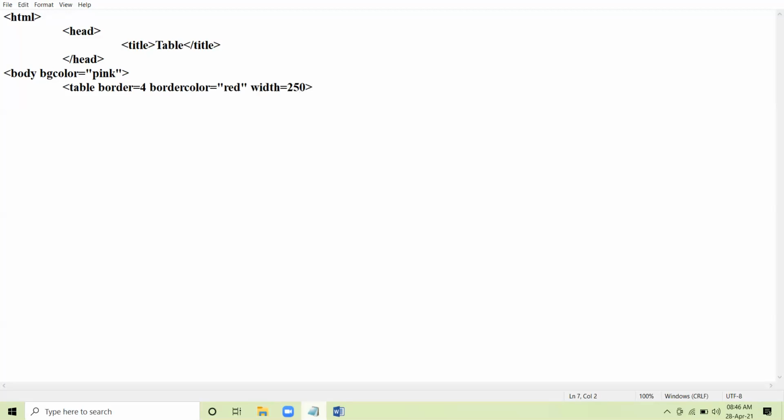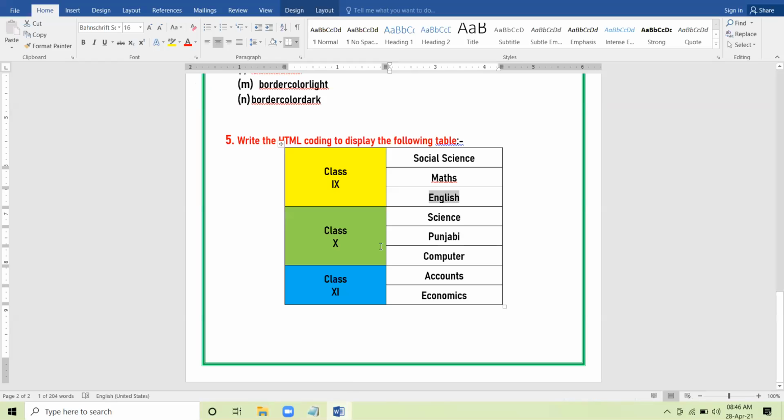Okay. Now starting with the first row. In the first row, see, we have first cell of the first row, which is vertically span across 3 rows.